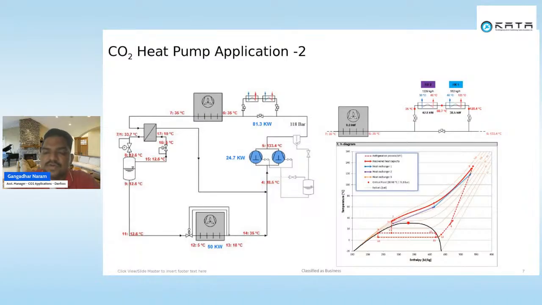there we can get, for suppose, if you can see in the one line here, from 30 to 60 degrees centigrade and 60 to 120 degrees centigrade. So we are utilizing two heat exchangers. One heat exchanger will deliver 30 degrees centigrade to 60 degrees centigrade, and the other heat exchanger will deliver the remaining water from 60 degrees centigrade to 120 degrees centigrade. In such a way we are distributing the condenser heat or gas cooler heat to one heat exchanger delivering 30 to 60 degrees centigrade with a different flow rate. One heat exchanger will give you one flow rate, the other heat exchanger will give you another flow rate.